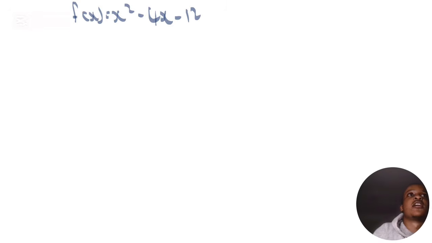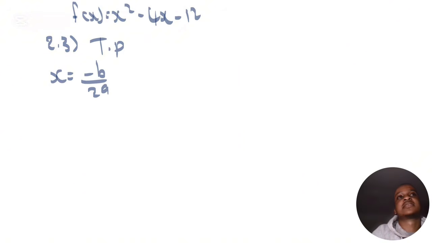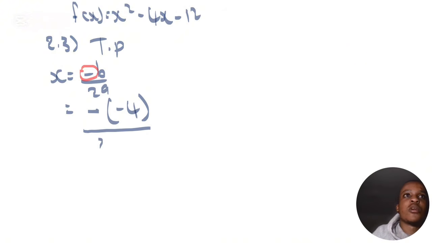Turning point of the function, which we know that we are still using x squared minus 4x minus 12. That is our function. So the turning point, the vertex, is x equal to negative b over 2a, right? That is the axis of symmetry. Negative, what is our b? It's negative 4. Very good, because this negative, people of God, I want you to notice this negative here is the negative of the formula. So you need to put those brackets, people of God. In mathematics, we don't rush. And then over what? 2a.